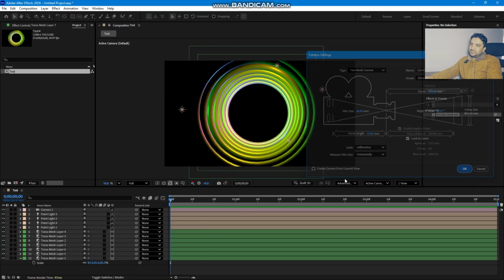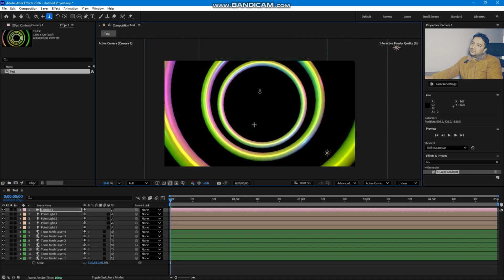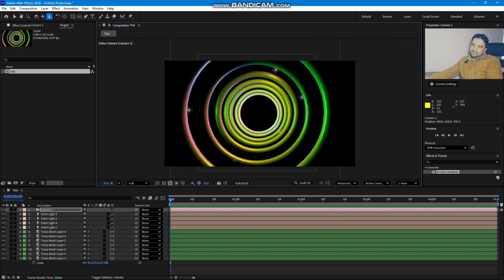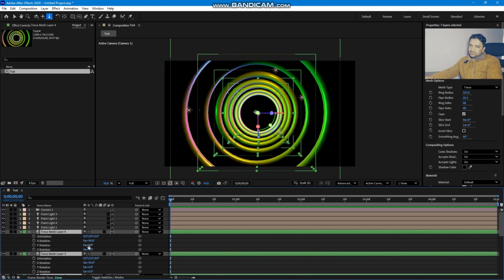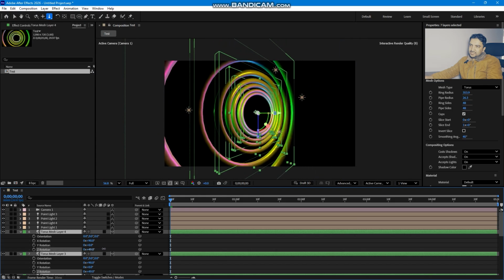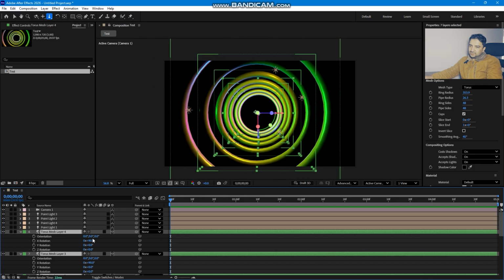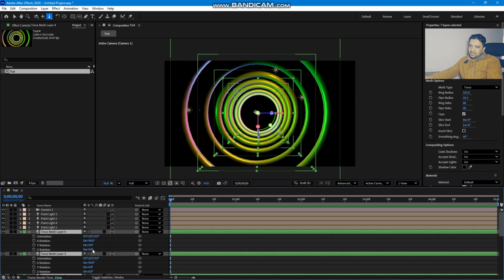So go back to your camera view and create a camera, 20 millimeter, click OK. And now you can control and animate your camera like this. So if you need, select all of them and press R to rotate from the Z axis like this. Control the Z axis like this. And there you can control,